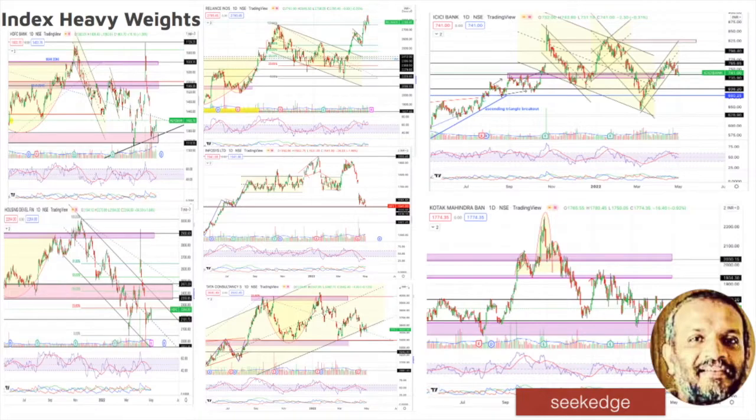HDFC Bank has also fallen back to the support zone after a breakout from there, and it's formed green, but momentum is lost. The bullishness is lost, and it's in the sideways. You'll have to wait for that to catch up. Right now, it may be consolidating at this major support zone. It has already fallen back from the trendline channel when consolidating. So this support zone where it is right now is very crucial. If that breaks down, then